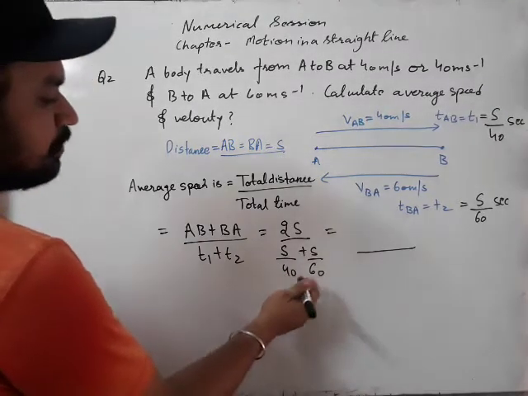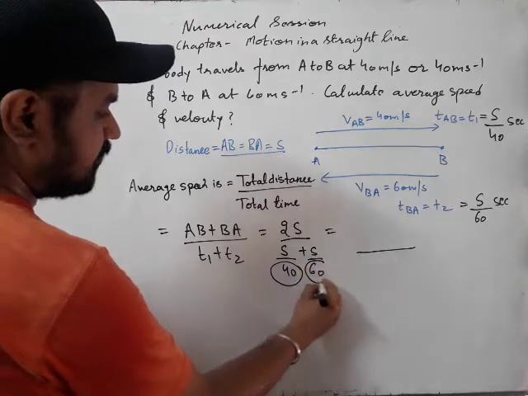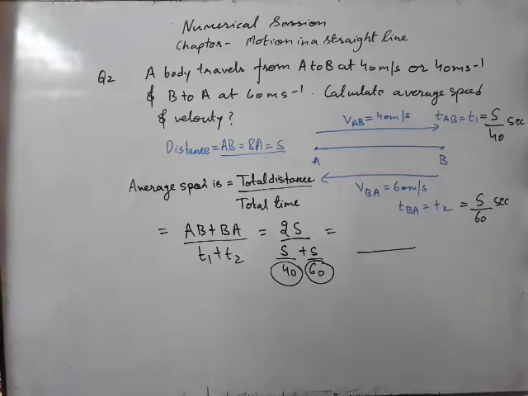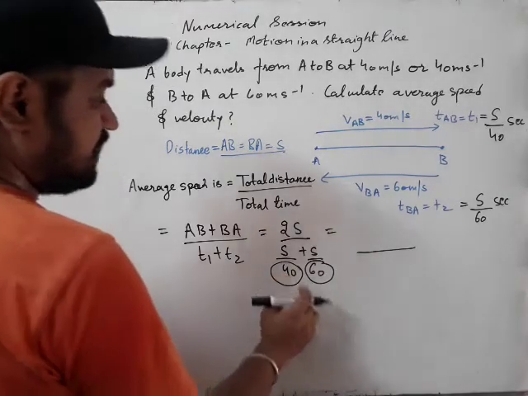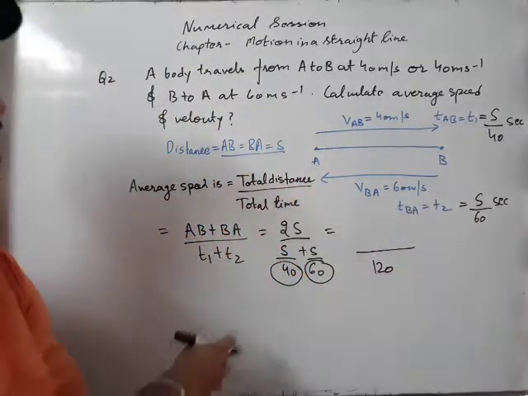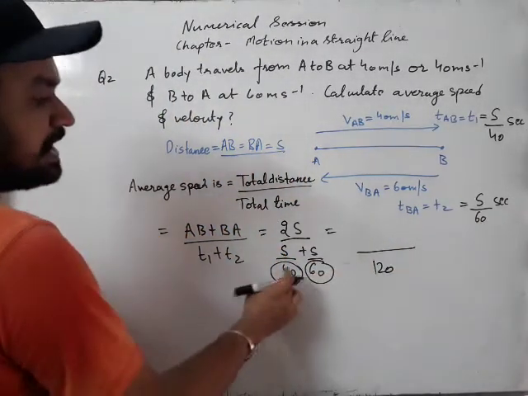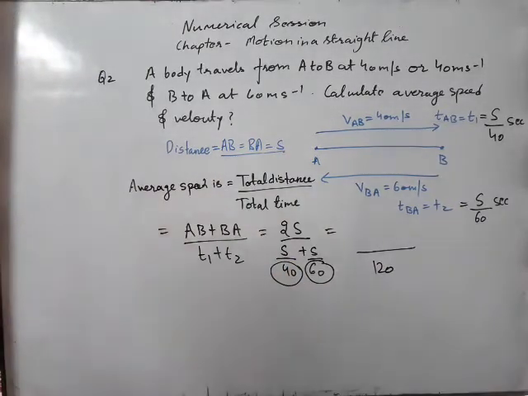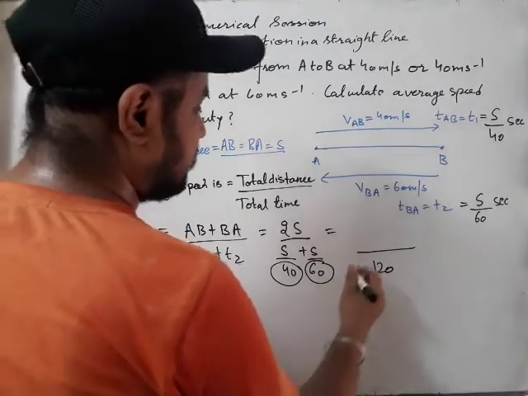It is quite easy to find the LCM. Over here 40 is given, and over here 60 is given. In the tables of 40 and 60 you cannot neglect 0, so we can easily find that the LCM is 120. 40 into 3 is 120 and 60 into 2 is 120, so 120 will be the LCM over here.